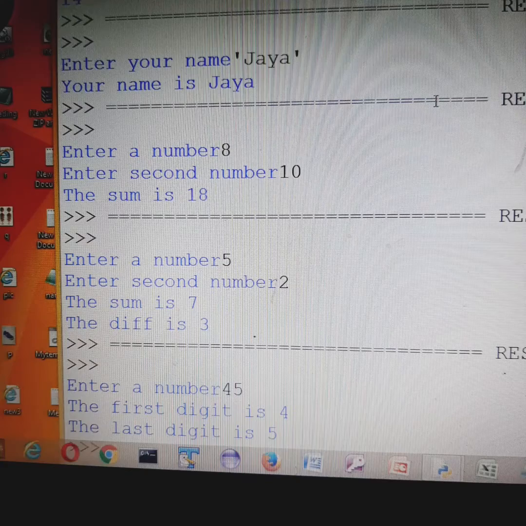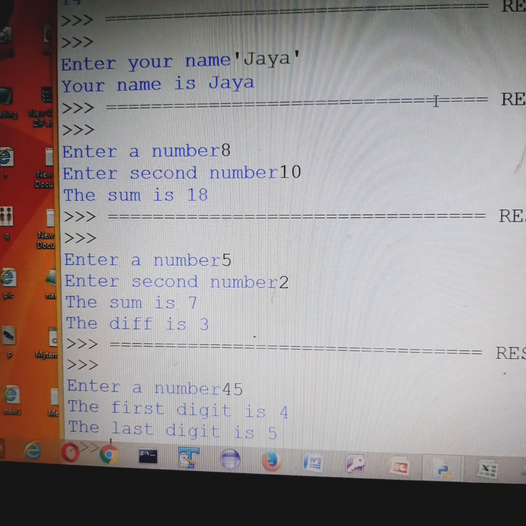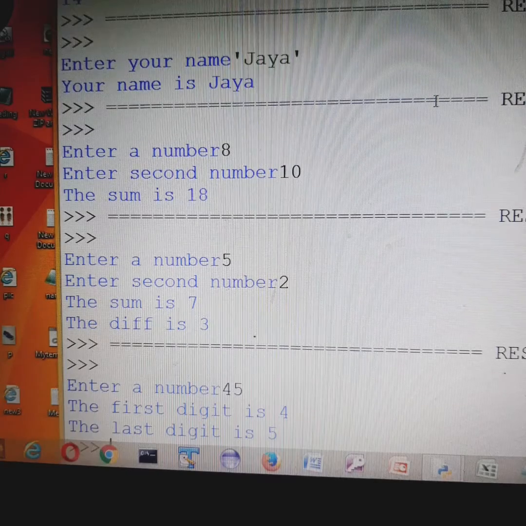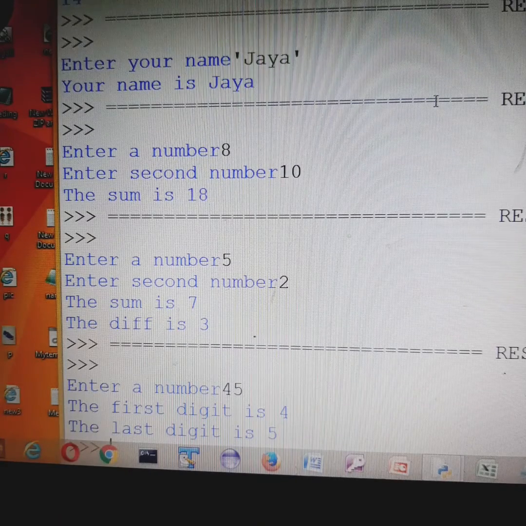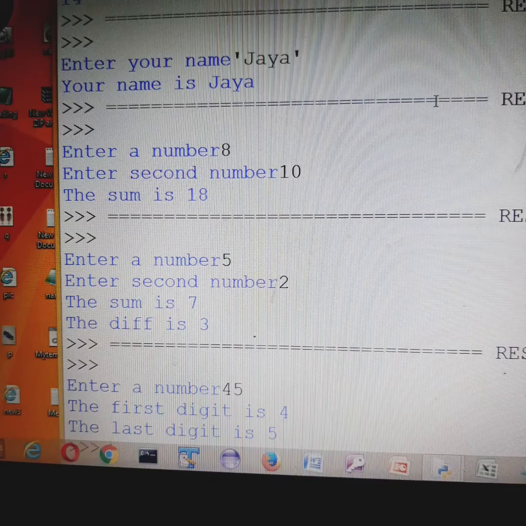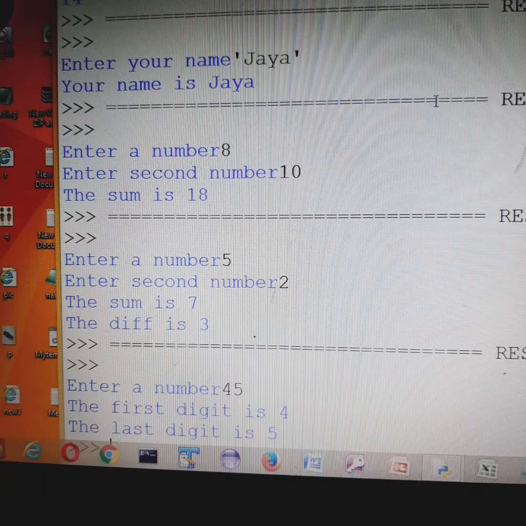So the first digit is 4 and the last digit is 5. So with the modulus operator, that is the percentage operator, you take out the remainder, and with the divide operator you carry out the quotient.